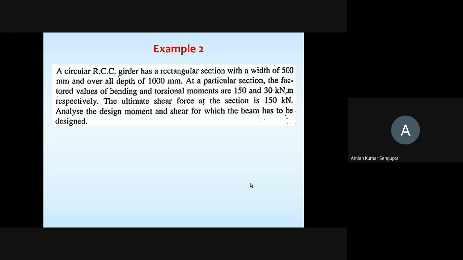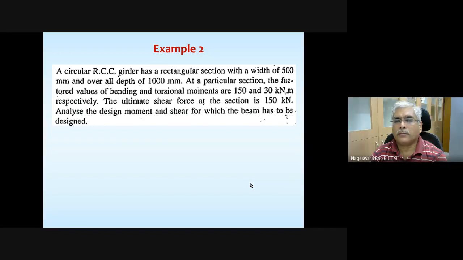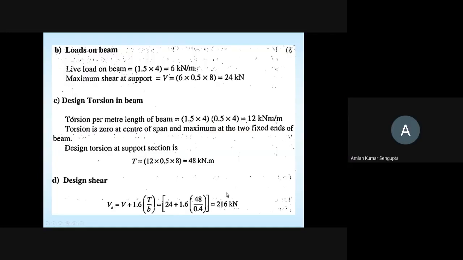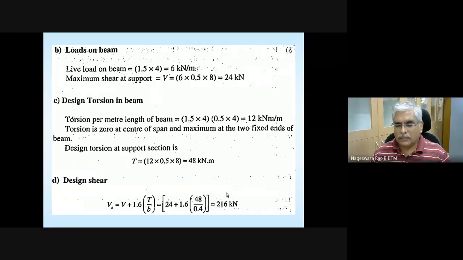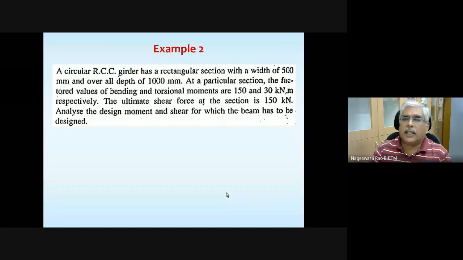See, there is one important point here. In this example, the equivalent moment was not calculated. In case the equivalent moment is calculated, please note it will be the moment at the support and not at the span. Where we are designing for torsion, we have to look at the moment at that location.